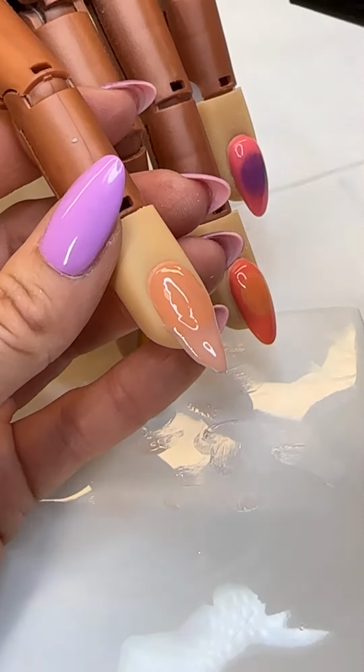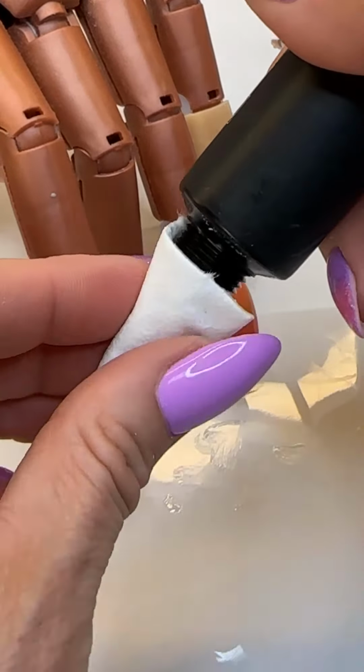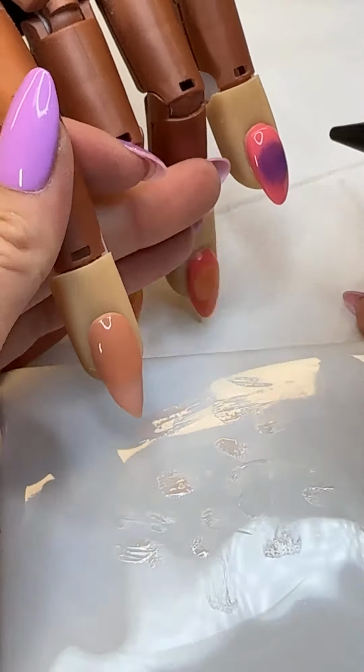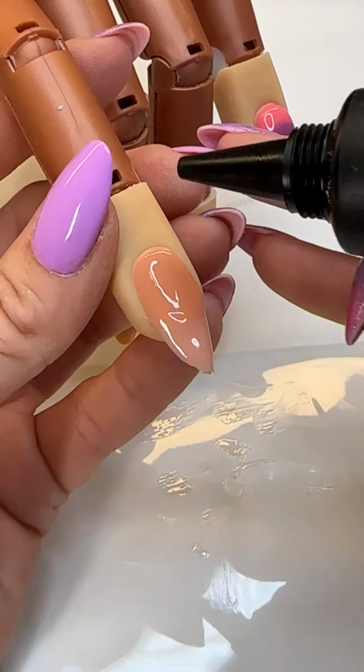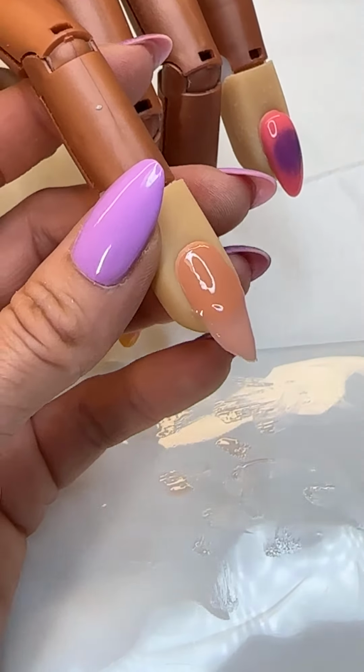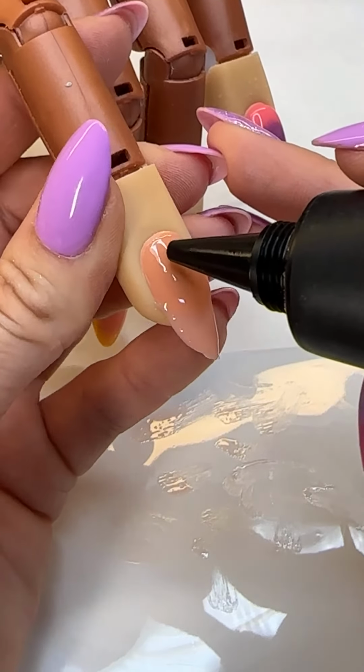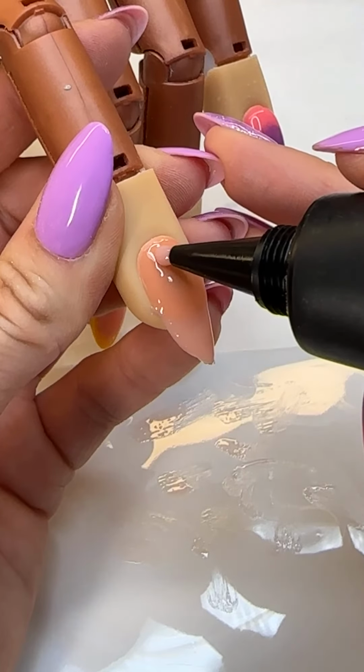Now we're going to build up the rest of the structure to our nail. And you guys, I'm going to just wipe off that nozzle. There's a little piece of fuzz on there. I tell you guys, fuzz is probably one of the biggest challenges as a nail tech, is just keeping fuzz off of your nails. So we're going to start by squeezing out a good amount of my gel right at